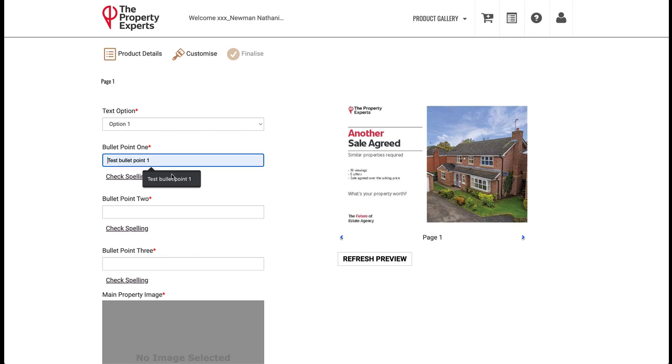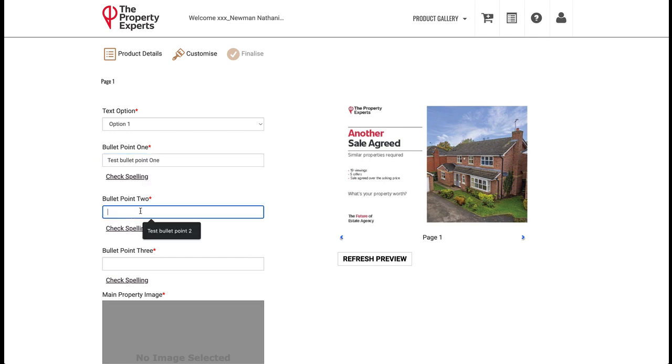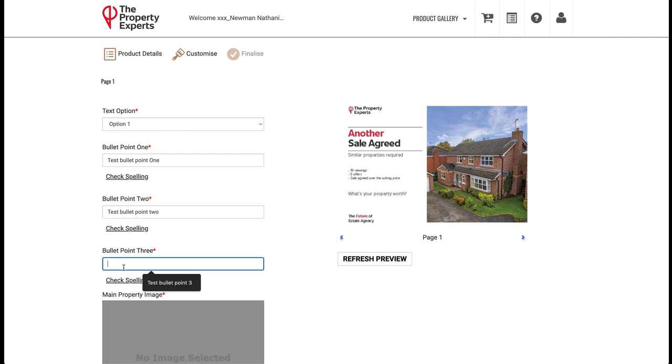Anything you've previously entered on these cards will be remembered. It will be held within your internet cache. So if you've typed anything in before on these things, you can go back and enter them again. But for this instance, we're just going to put test bullet point 1 and test point 2, and finally